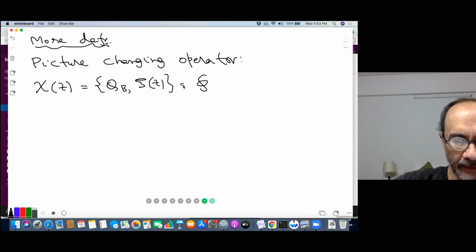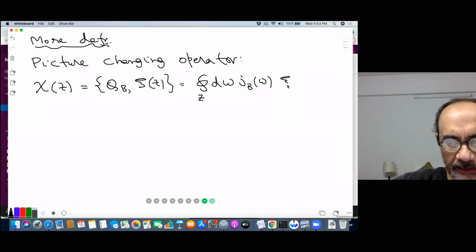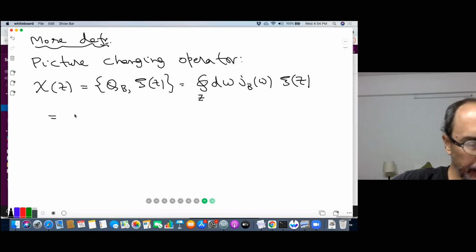This is the holomorphic part, so you can only use the JB. So this is a contour integral around Z of dW, JB of W, xi of Z. So you have to just basically look at the OPE of JB with xi and pick up what the result is. And this is given by C del xi plus